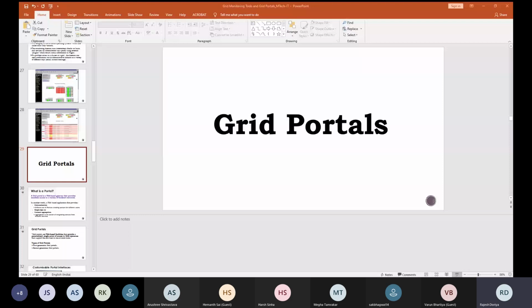And they do provide a number of things, for example, personalization, single sign-on, and content aggregation. Personalization means it will provide you the view the way you want it, right? For example, the moment you log into the portal, you want to see all the CPU utilization in the first instance.